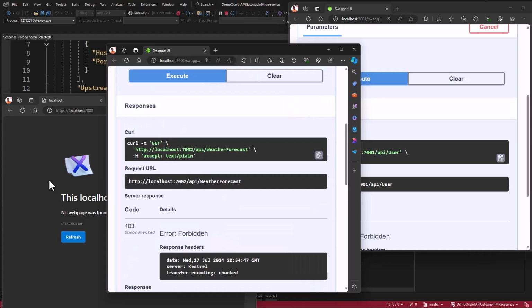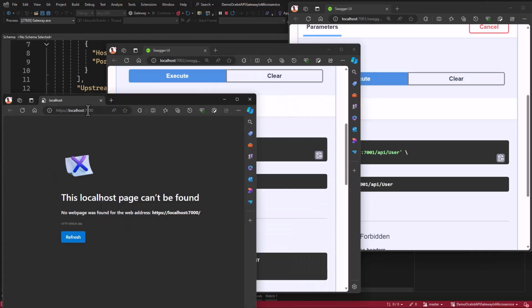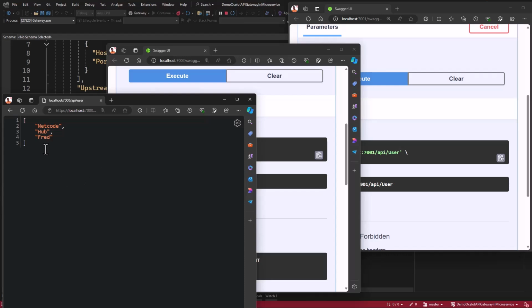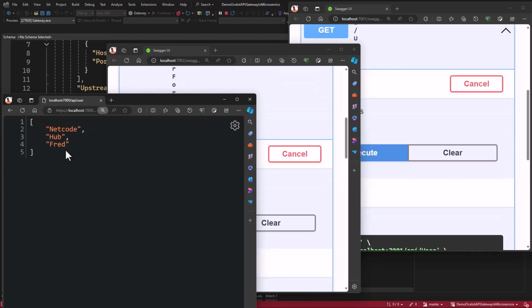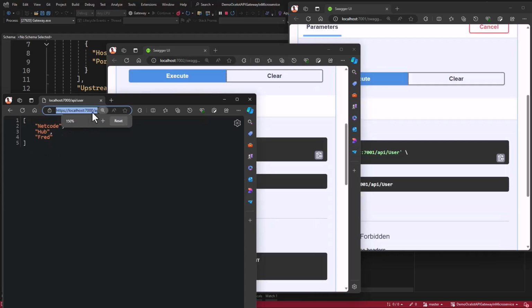You have forbidden here, but through the gateway you can access it with the default port of 7000. And in here we're going to have 7000/API, then user. So that is the route for this user, and you can see we have the user in here. Aside from that, you can also access the same route and get the weather forecast.